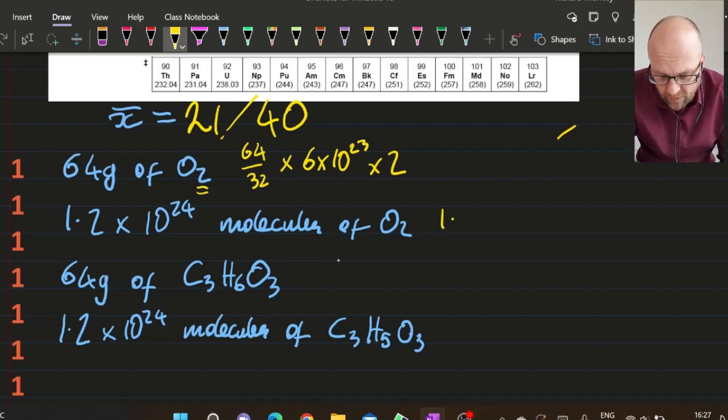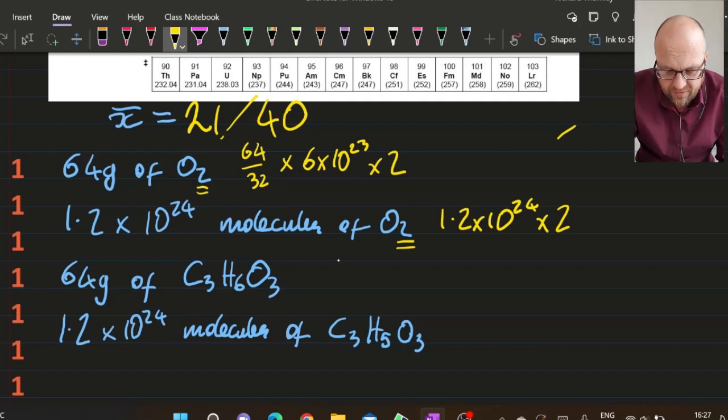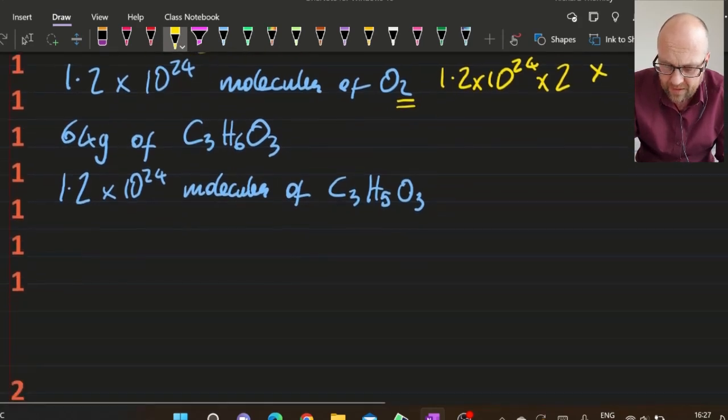For the next one, I've got 1.2 times 10 to the 24 molecules, so I'm going to need to double that to account for the fact I want atoms. Are those the same numbers? Yes, so the first 2 are the same, so that's wrong. Next up,